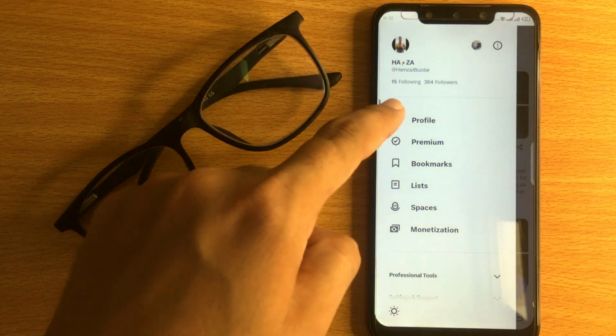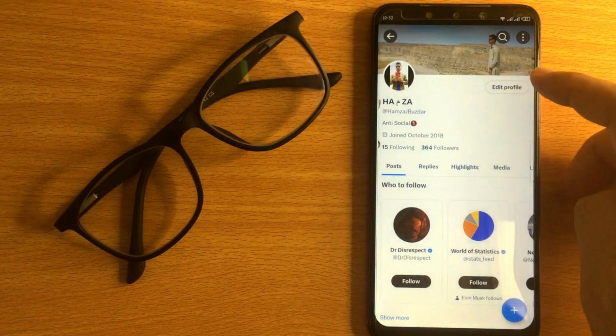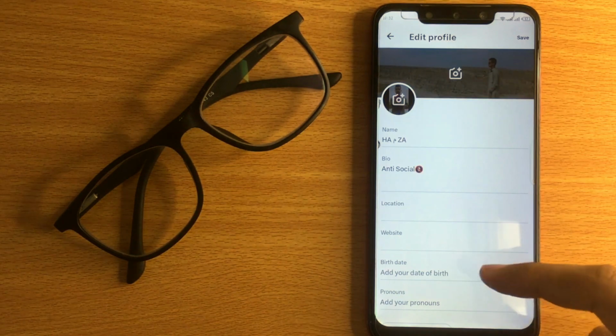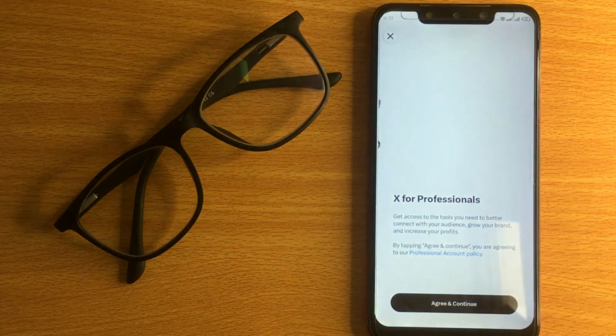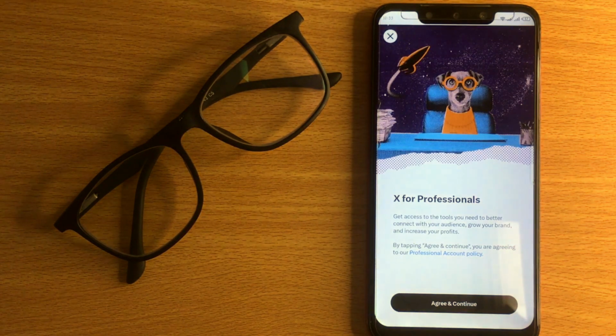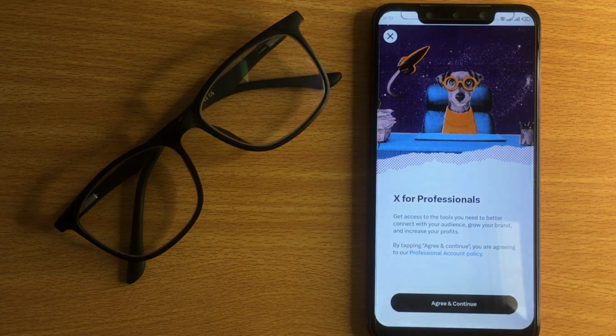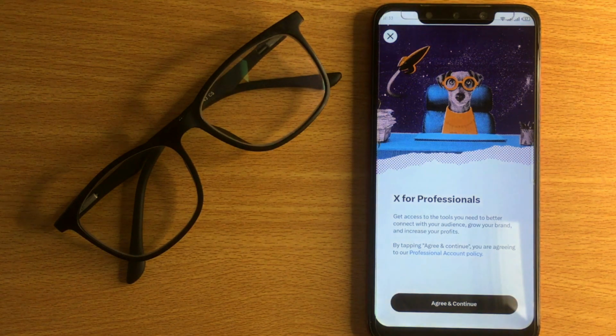Click on profile. Click on edit profile. Scroll down. Here you are seeing switch to professional. Click on it. Agree to the terms and conditions and your account will be switched to professional mode. There you go. If you wanted to know how to switch to professional mode on X, that is the easiest